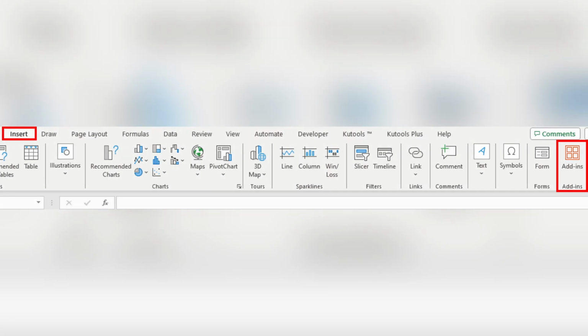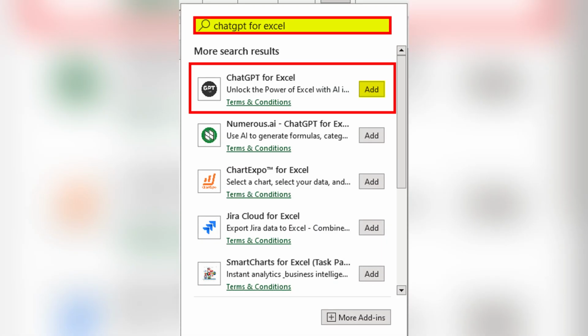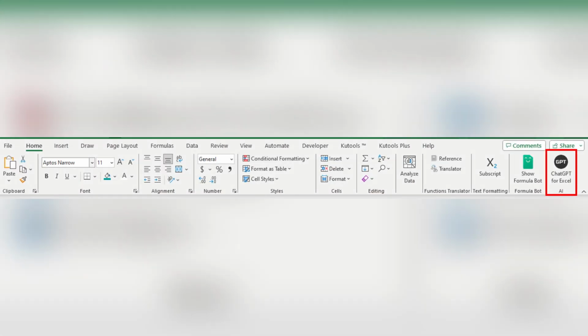First things first, open Excel and go to the Insert tab, then select Add-ins. Open them, and in the add-ins search bar, type ChatGPT for Excel, then click Add. Now check if the ChatGPT for Excel add-in appears in the Home tab, and in your Excel sheet, enter your